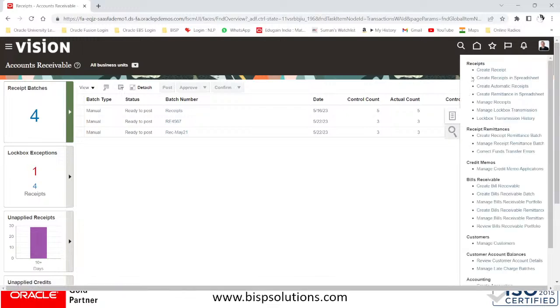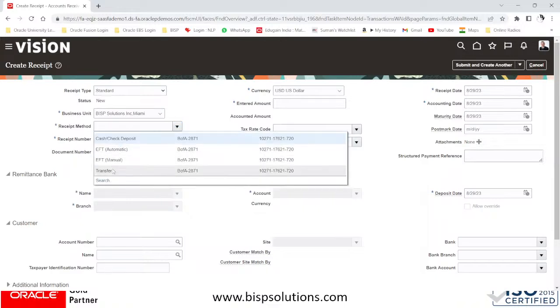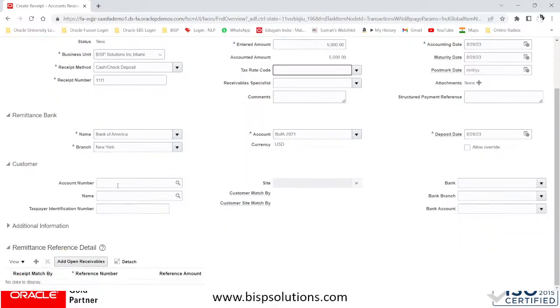From the task panel, I will create receipt. From here, I will select cash and check, and as per the use case, $5,000, please make the payment, and